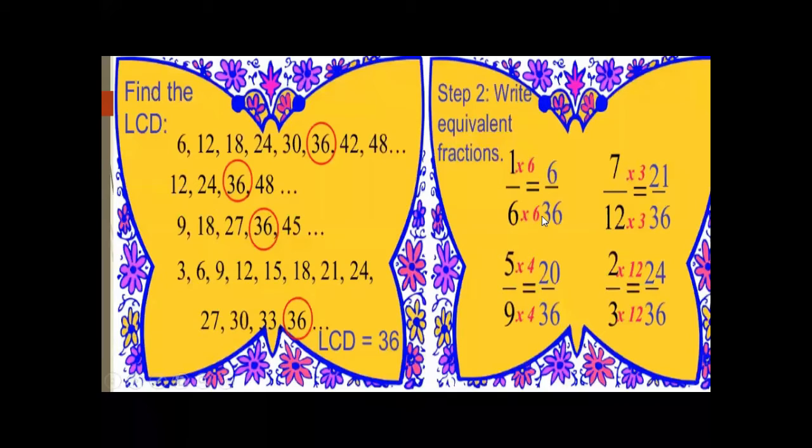We have to do just one thing: make our denominators the same. We will not check our numerator, we will just check our denominator. In some cases, and I think in the example of the book, they also make the numerator the same. It's up to you whether you make the same denominator or the same numerator. But I have here the process of the same denominator. So my denominators have become the same: 36, 36, 36, 36. Okay.